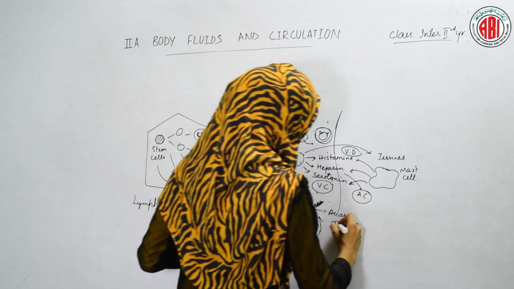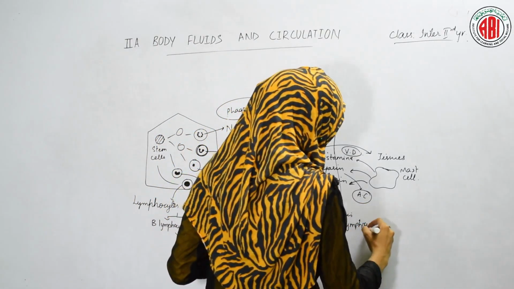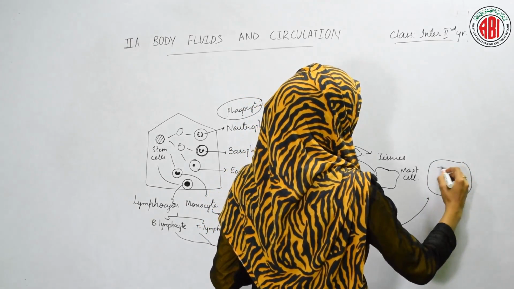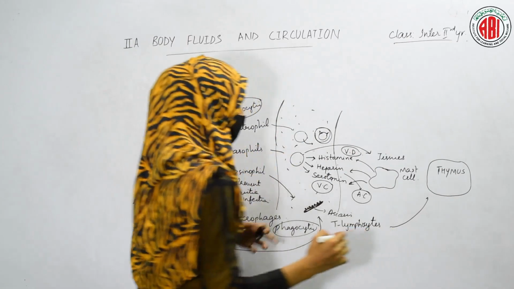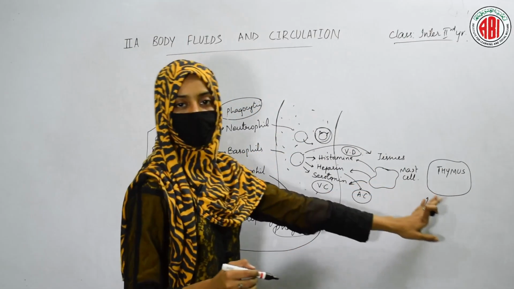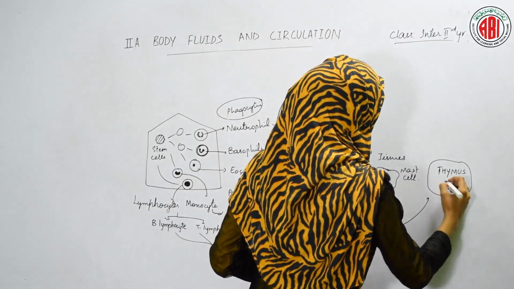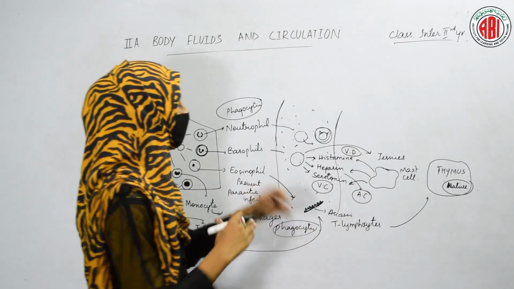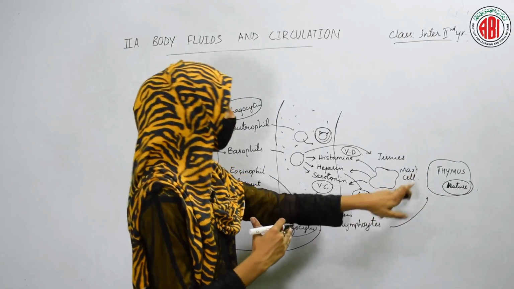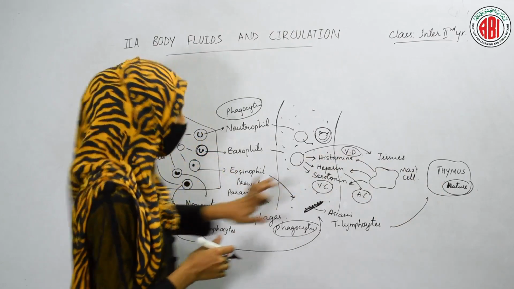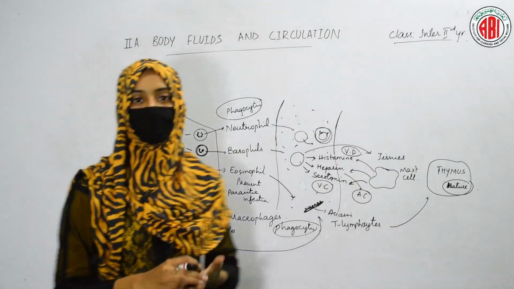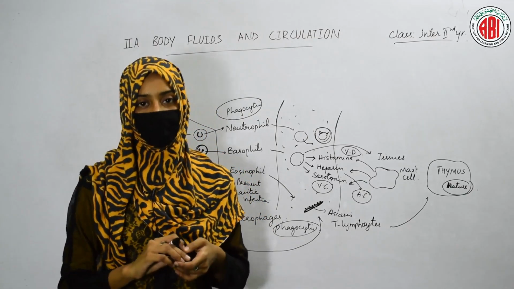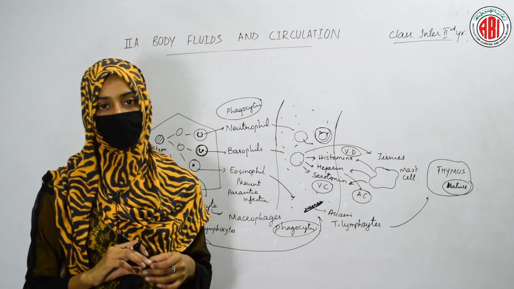Now these T lymphocytes want to become mature. So where will they go? They will enter an organ called the thymus. It is a lymphoid organ. T lymphocytes enter into the thymus, and once they enter, they become mature. So the immature T lymphocytes are converted into mature ones once they reach an organ called the thymus. Both B lymphocytes and T lymphocytes boost our immune system and help to fight against different infections in order to prevent various kinds of diseases.